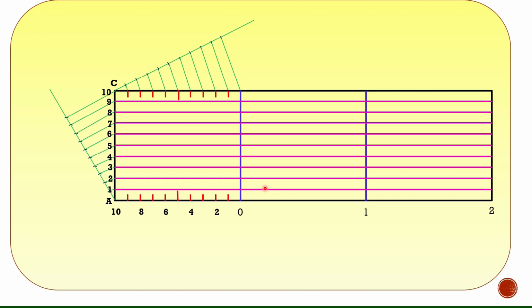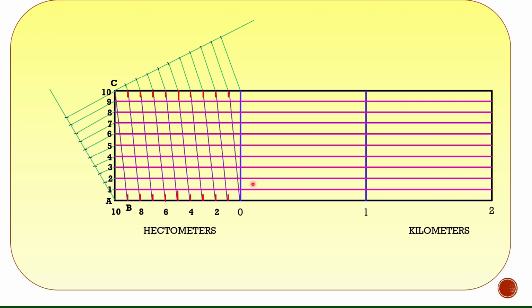10 counts we already did. Now we are going to name this as B, and we know the diagonal scale, which is A, B, C. So you connect A, B, C. Now A, B are already in the same line, so C to B only we have to connect. Right. So after connecting this one, diagonally we have to draw the line from the remaining points. Right. Now we have to give the names kilometers, hectometers